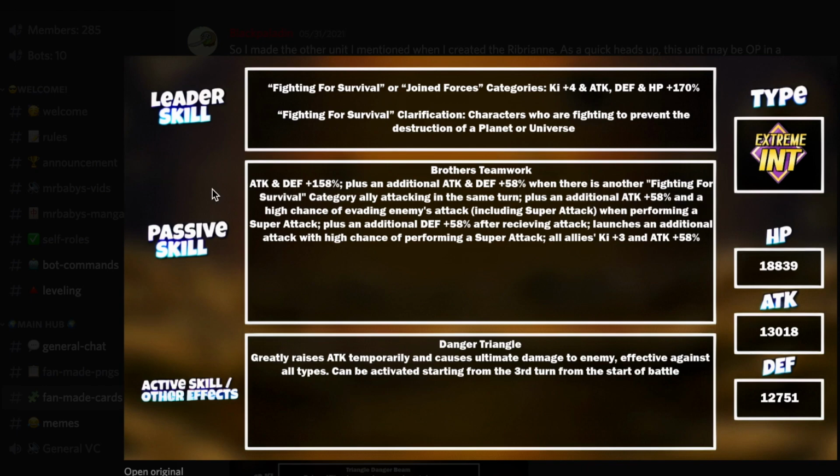Alright, let's see what their leader skill is. Fighting for Survival. Huh. Characters who are fighting to prevent the destruction of a planet or a universe. So they're not fighting for their own survival, they're fighting to save. Okay, I really do appreciate the clarification here, because let's say, for example, I mean,